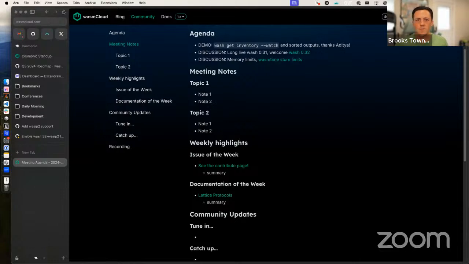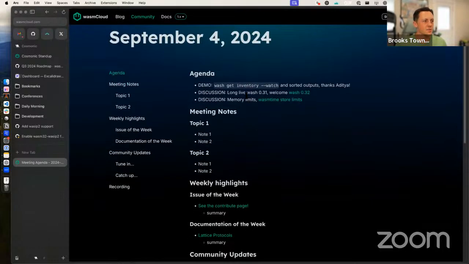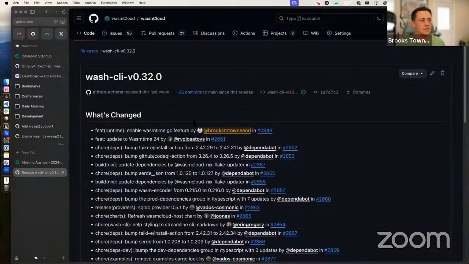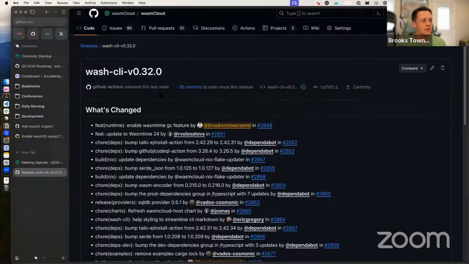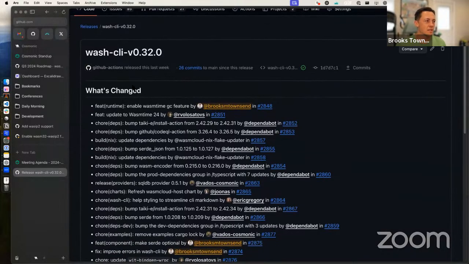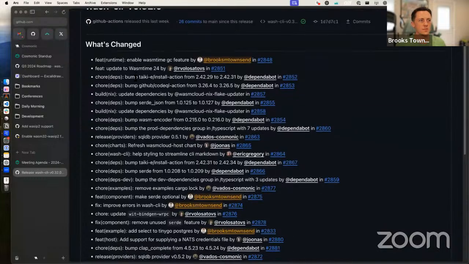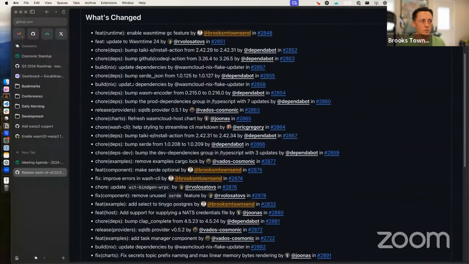All right, then we can go ahead and move on. I wanted to show you essentially the shortest release notes ever in the wasmCloud world. We did release Wash 0.32, I believe late last week. Yep, late last week. There were a couple of improvements and fixes on the host or on our crate sides,